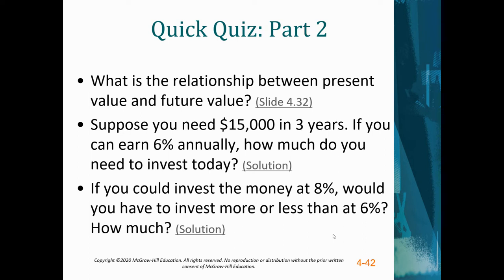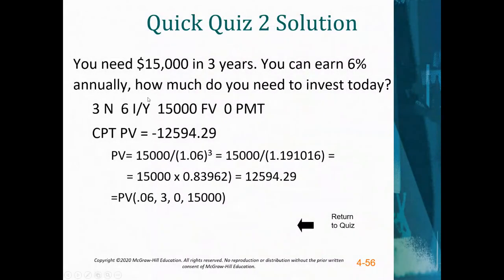So suppose I need $15,000 in 3 years. I can earn 6% annually. How much do I need to invest today? I can do this with the calculator or with the formula. And here's the formula: 15,000 divided by 1.06 to the third. 1.06 to the third is 1.190116. I divide 15,000 by that and I get $12,594.29. So to get that $15,000 in 3 years,